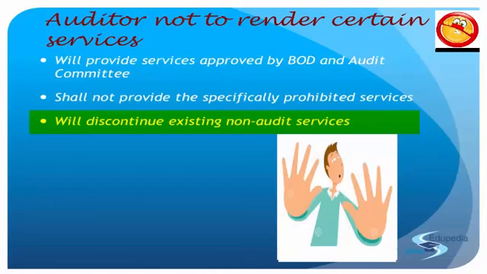So once this comes into place, the company and the auditor are required to comply with the provision of Section 144, about not rendering certain services before the closure of the first financial year after the date of such commencement. So when was it commenced? 1st April 2014. So when we talk about before the closure of the financial year after the date of commencement, commenced on 1/4/2014, you should stop rendering certain services by 31st March 2015.